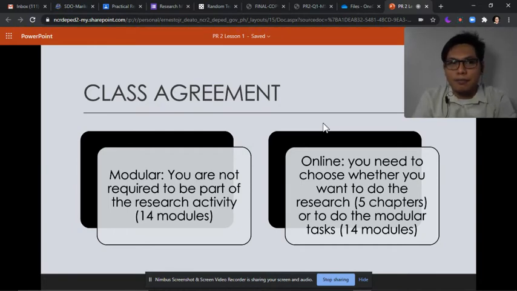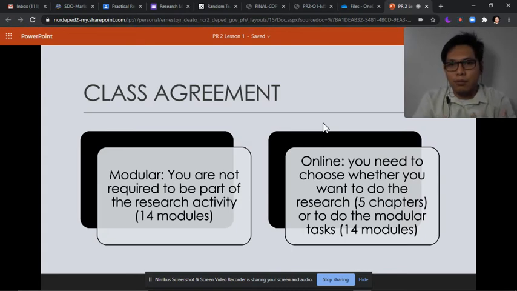So far, as far as I know, I did not include any modular student in any of the groups. So if you are in modular mode and your name is included in one of the groups, please let me know para tanggalin ko.